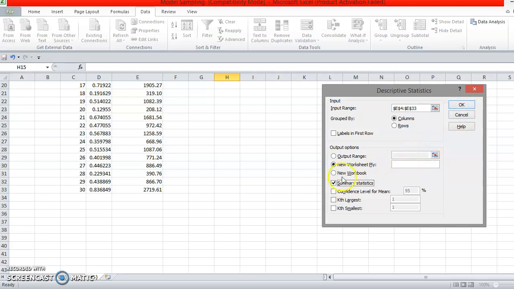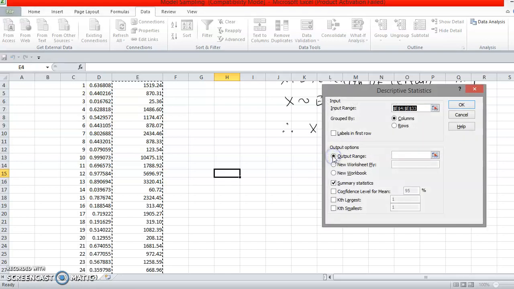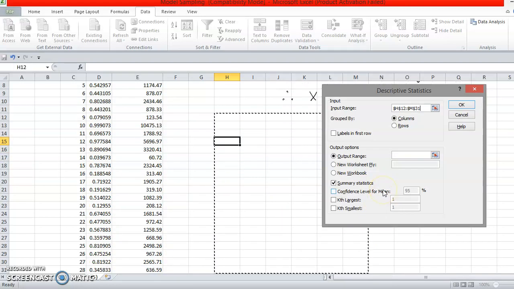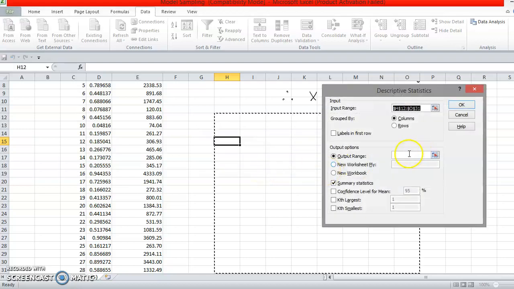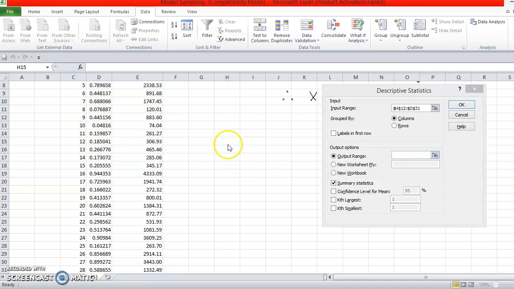So this will display the result in a new worksheet, but I want the output on the same worksheet. So I will give the range here. So give a sufficient range and click OK. Okay, output range is missing, it is saying.